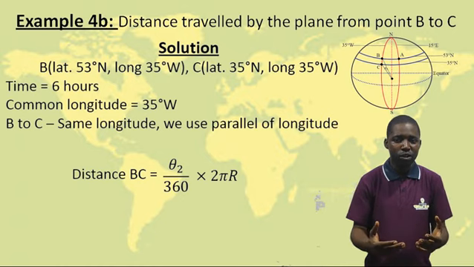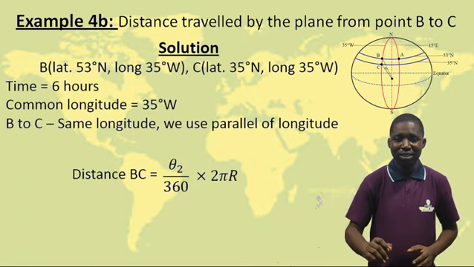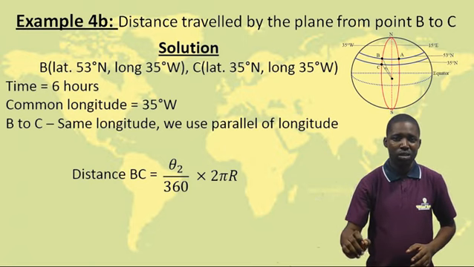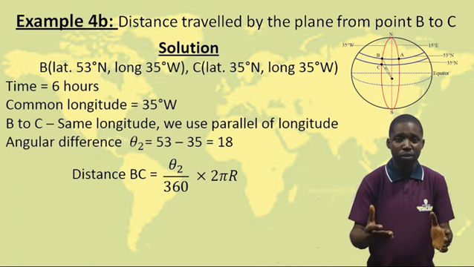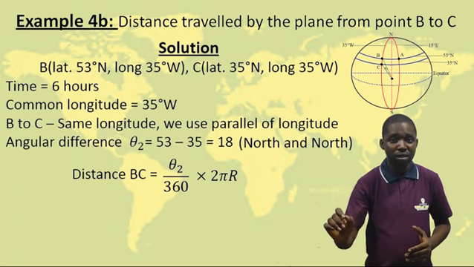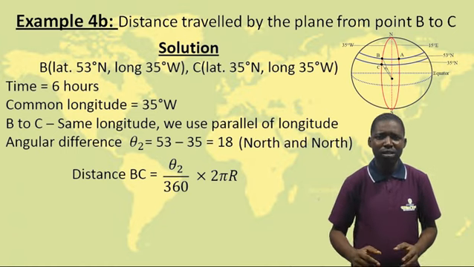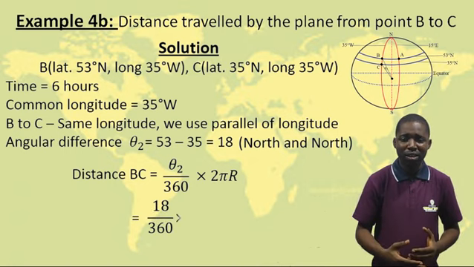We have the same position, so we need to subtract. 53 minus 35 gives me 18. Now putting all this inside the formula, theta is 18 over 360